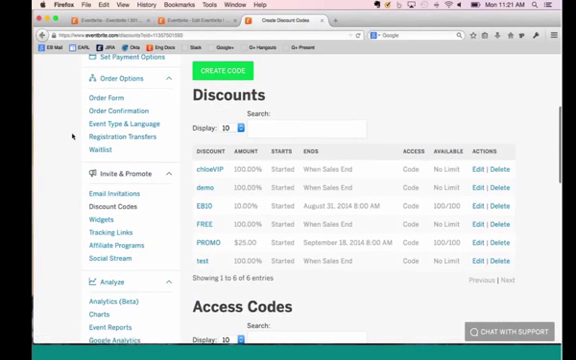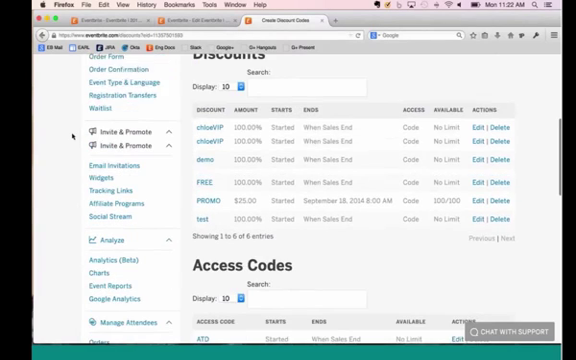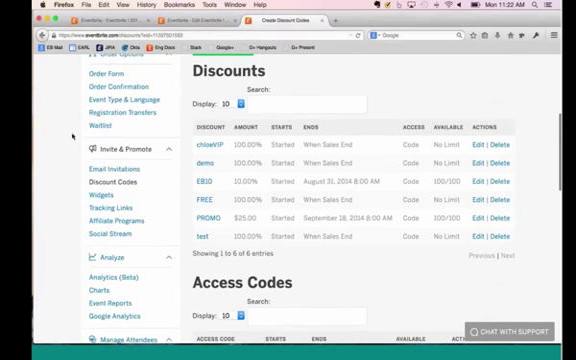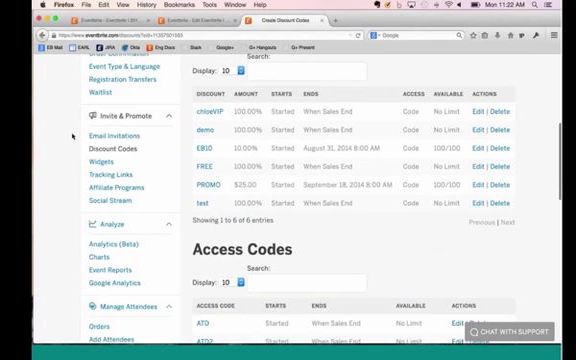You're able to create discount codes, uploading up to 2,000 at a time, making it really easy for any complimentary tickets to be sent out to your volunteers or your employees. Also giving out any special promo codes for early bird registration or